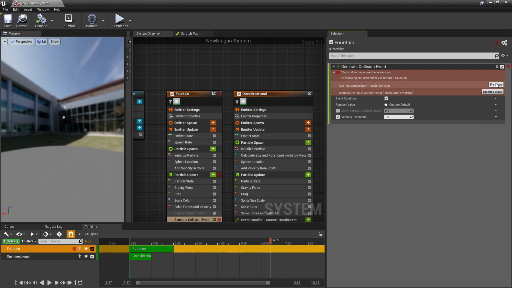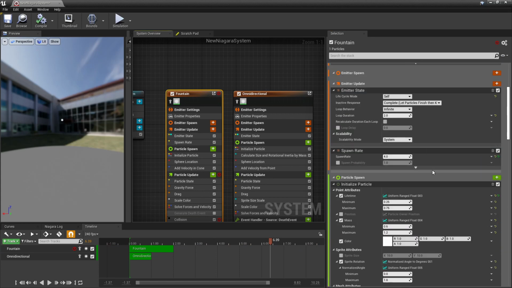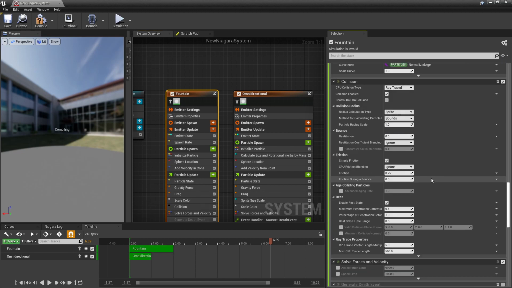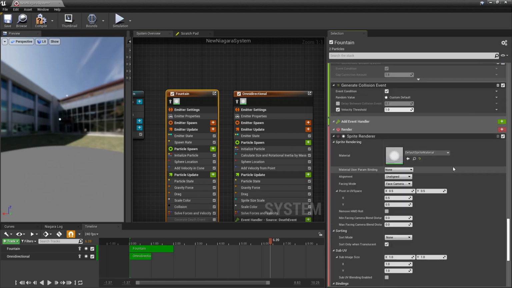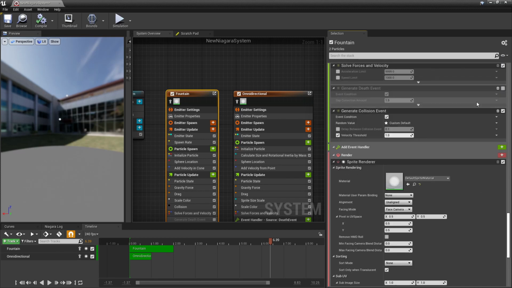Same thing, some error, just say fix issue here, and then you also need to go down and say fix issue here. There is a collision parameter which is added. So that should take care of it. So now it is generating a collision event.